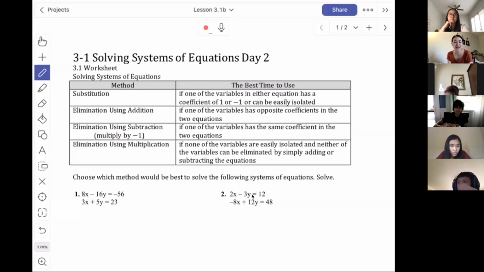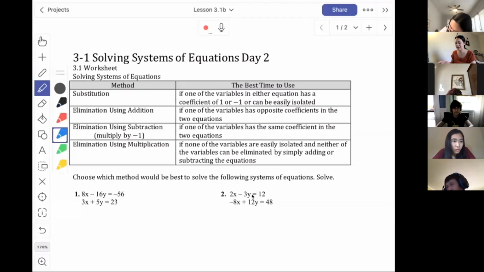All right, guys. So today we're going to talk about 3.1. This is day 2. We're going to focus on substitution and elimination. All right, so today the focus really is knowing when to use substitution and when to use